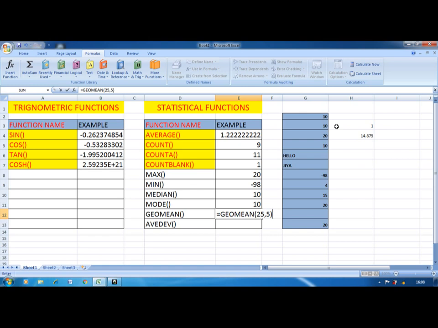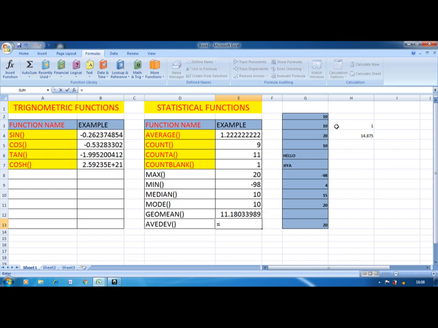So it multiplies 25 into 5, it is 125, and it finds the square root of that number. So even if you give more than two numbers like 1, 2, 3, 8, 10, 25, it multiplies all those numbers and finds its root.